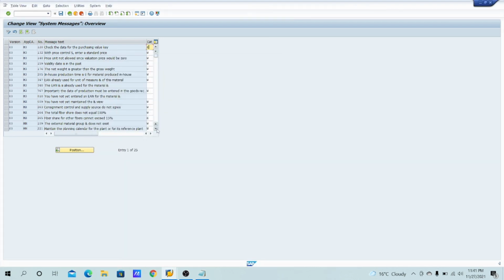What will the error message be? 335 would be the error message, as I know. Yeah, 335. You want to change the profit center, but the material stock still exists, or the balancing, like the message will be M3 335.